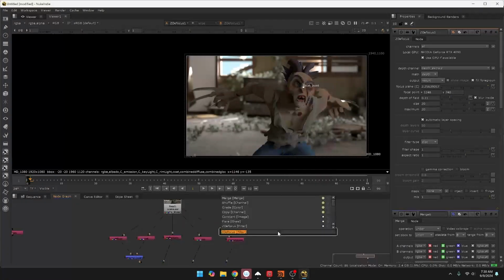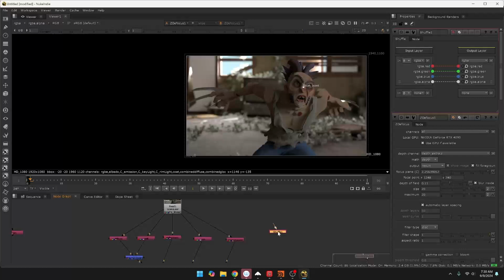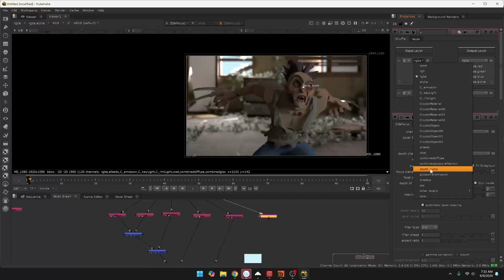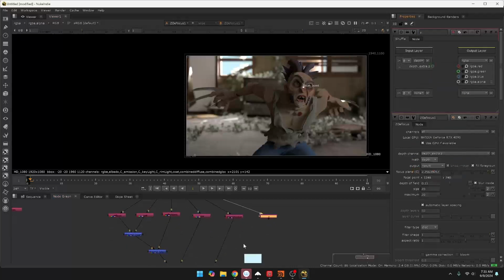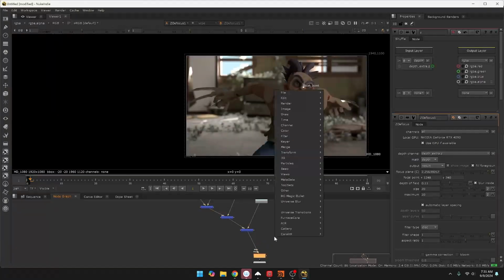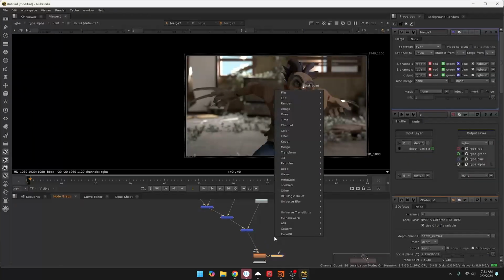So I'm going to push tab, shuffle, and then connect here. This is going to be our Z. And then we are going to bring in that depth extra. And then let's put a, oops, I want that there, but I'm going to give myself a little bit more space. I'm going to do a